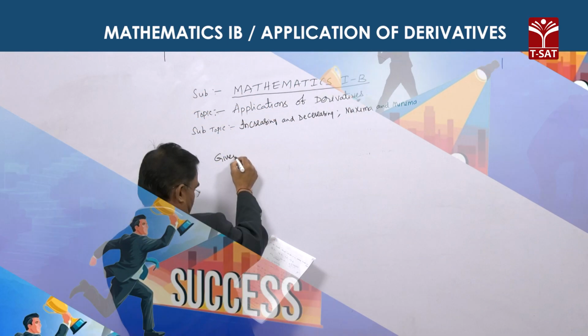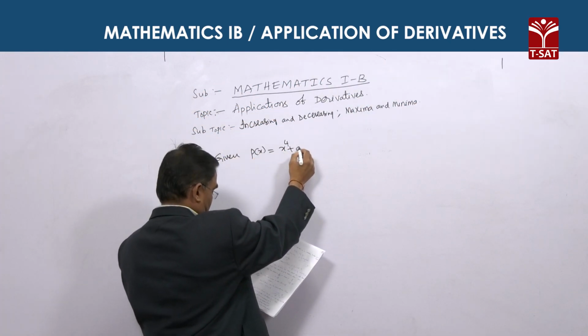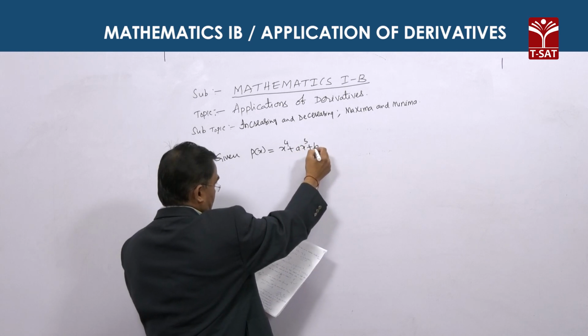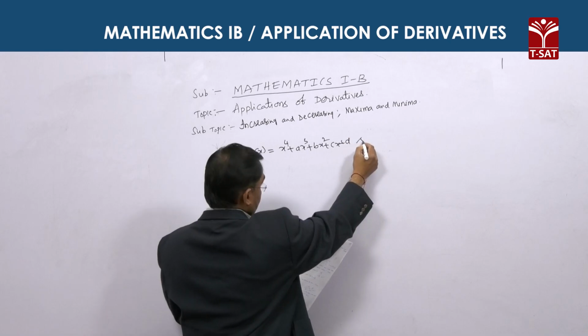Next question. Given p(x) = x⁴ + ax³ + bx² + cx + d, such that